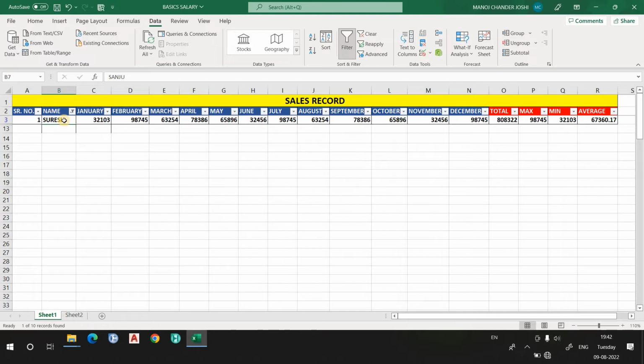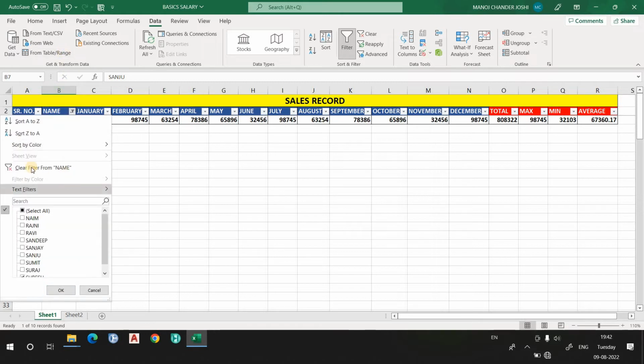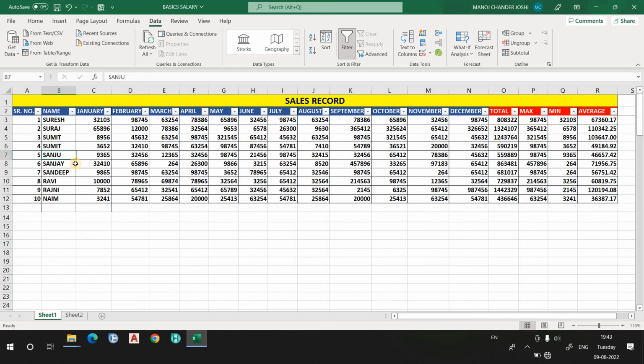Suppose you have thousands of employees, or hundreds of employees, and you want to check the performance of Suresh. You can simply check it from the filter, right? If you want to remove it, simply clear the filter from the name.